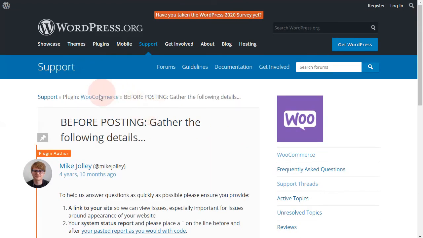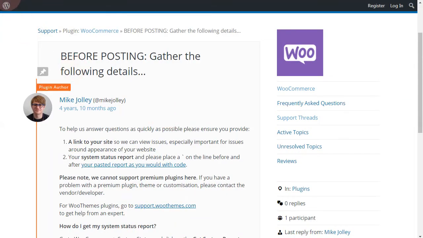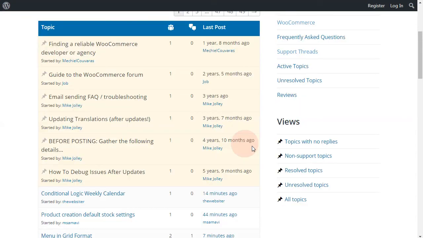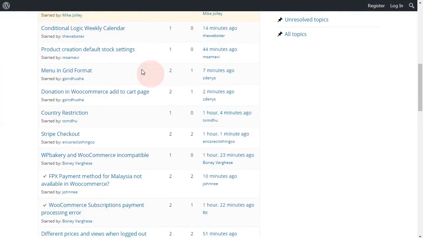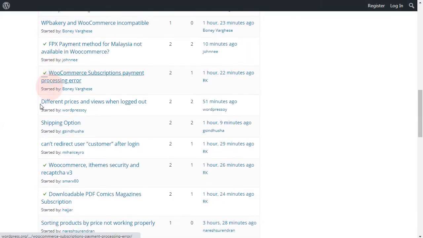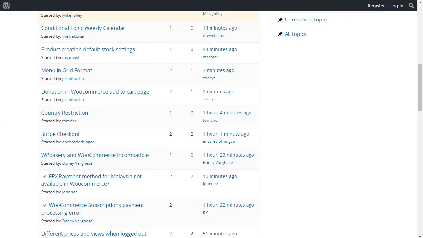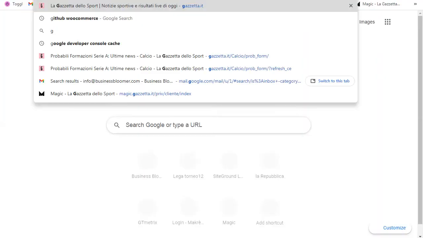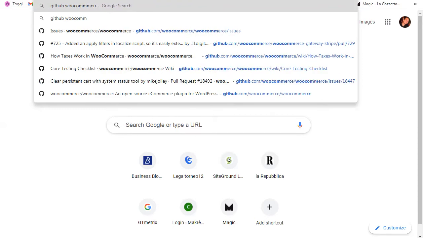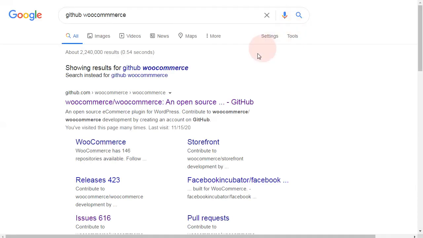So WordPress.org is usually for general bugs, general information, if you're not a coder. If you're a developer, you might instead prefer going to GitHub, WooCommerce. You open the WooCommerce section of GitHub.